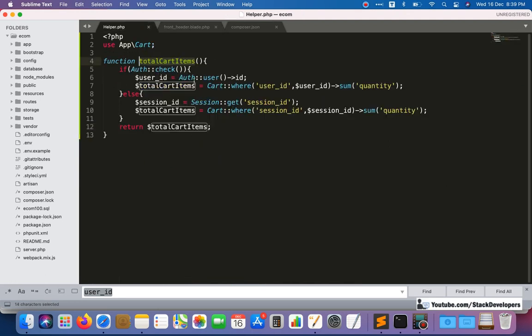We can add all the common functions here that we require to call multiple times. Otherwise, if you call it in a single file, then you have to add the function in your model. Otherwise you can add your function in the helper file, from where you can call it multiple times. Okay,